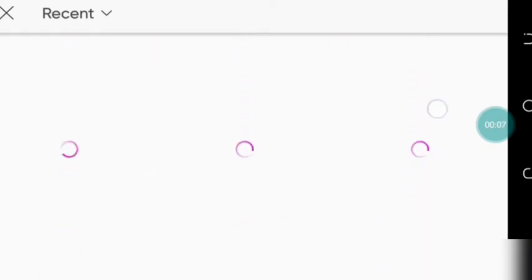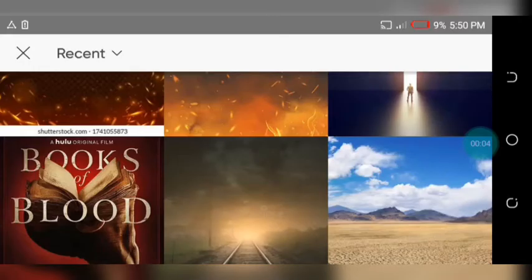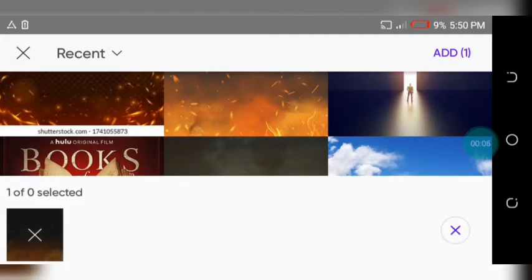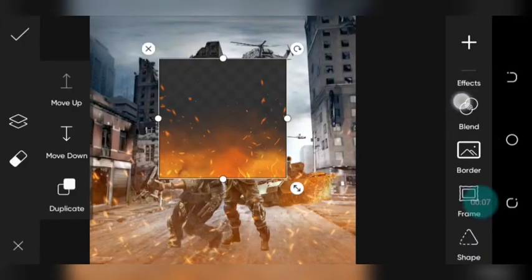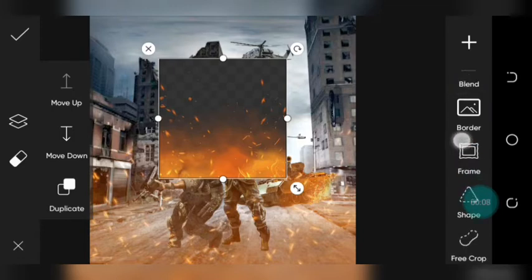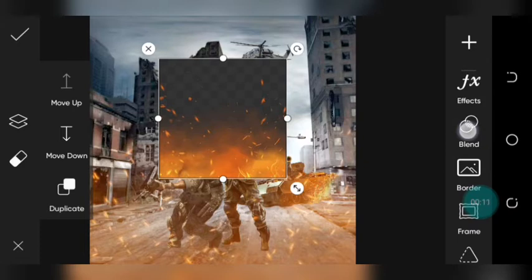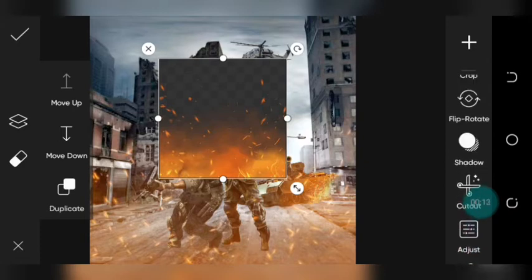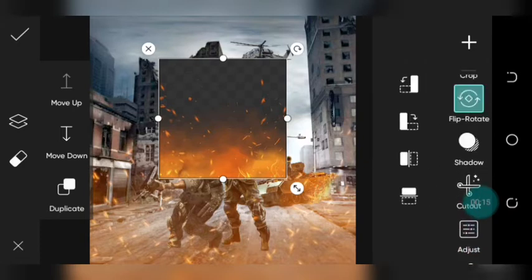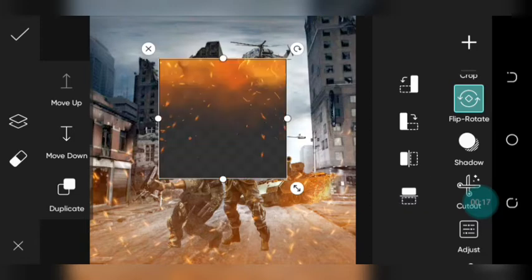Let's select this photo, then go to add. Once you have imported the photo that will be used, let's flip it. Let the upside become the downside. Let's go to the icon for flip rotate. Let's click on the last button,